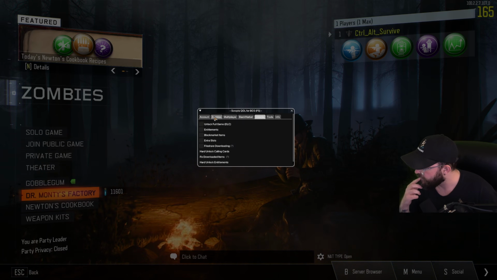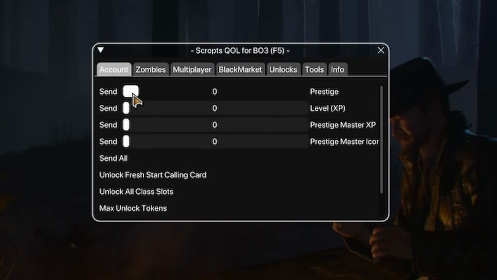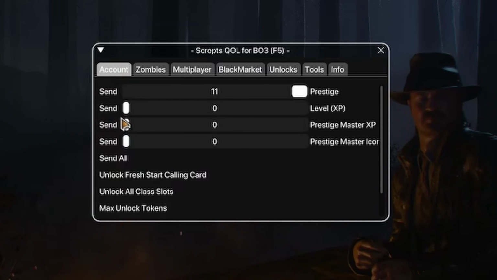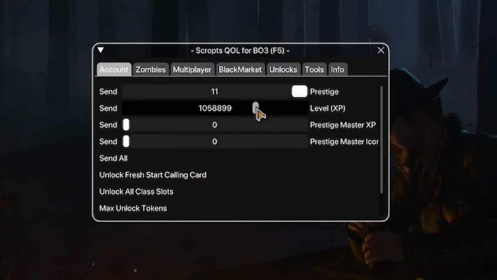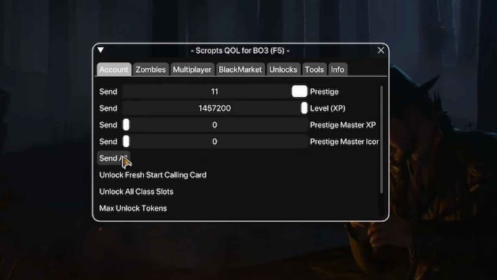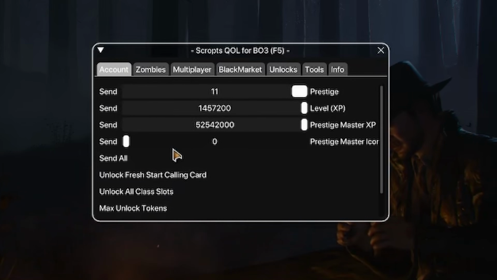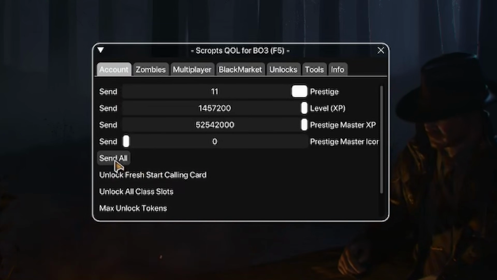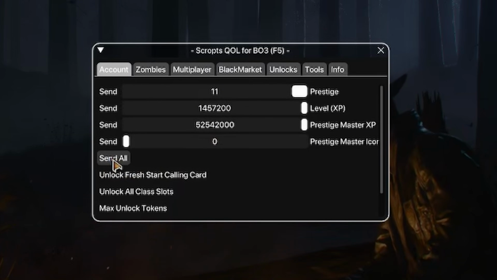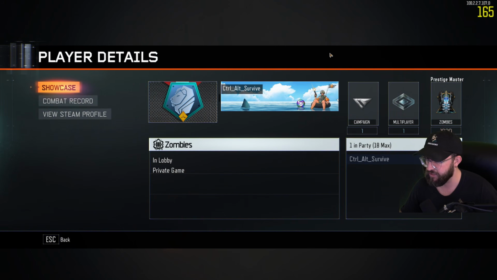Now I want to show you the account level here. So if we come over here to account and we go here, slide this all the way up, this is going to be Mastery Prestige. And then we want to also do the level XP, because if you don't do level XP, you're not going to unlock your weapons. So you can just slide that all the way up if you want. And then Mastery Prestige XP, if we slide that all the way, this is going to make us Master Prestige, right? So we're going to hit Send All. Whatever you do here, to get that to send over, you've got to go right here to where it says Send All. So we'll click that. And now you'll see I am Mastery Prestige level 1000